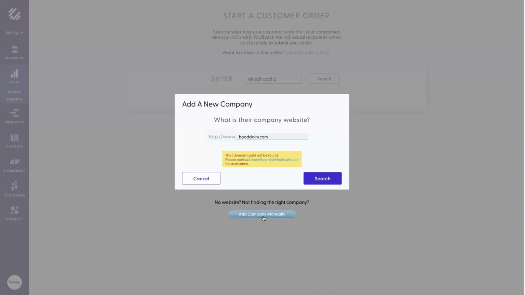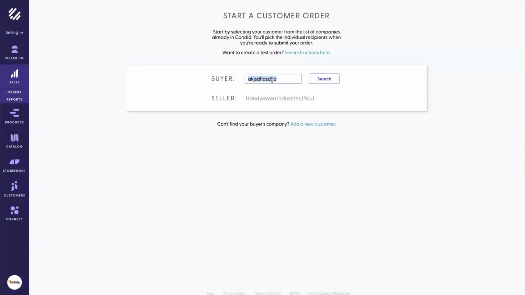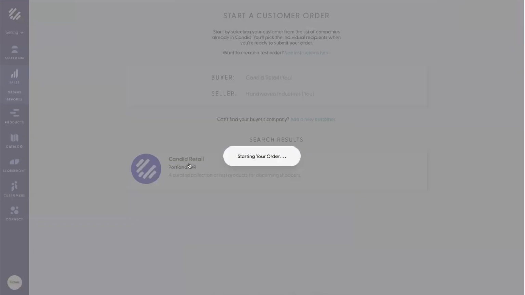You can also create the company manually by saying, some company without a website, and you can add them that way. We make this a little bit tricky to find because we really want to make sure that if they're in the system or findable, that you're going to be able to find them. So I'm not going to create this company, but it will essentially lead you back to the same place. So let's go back to Candid Retail, our buyer, click on their tile down here, and it's going to start